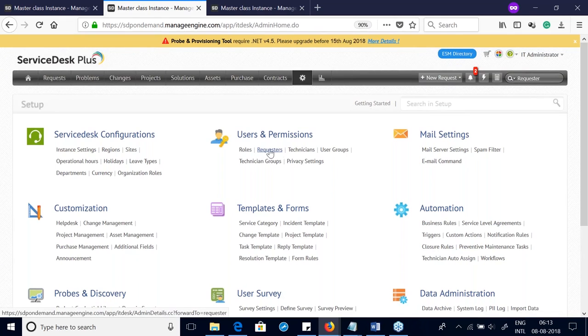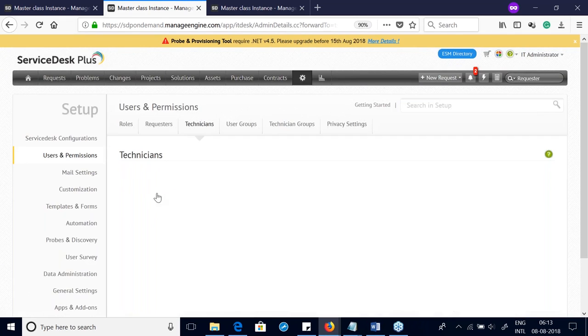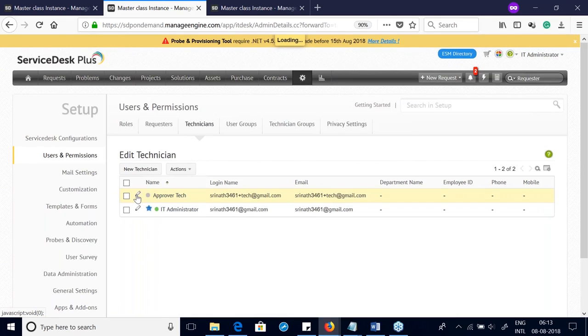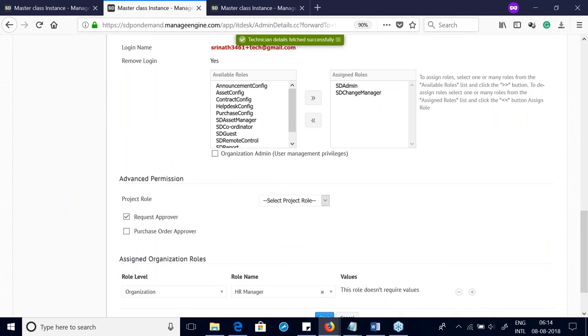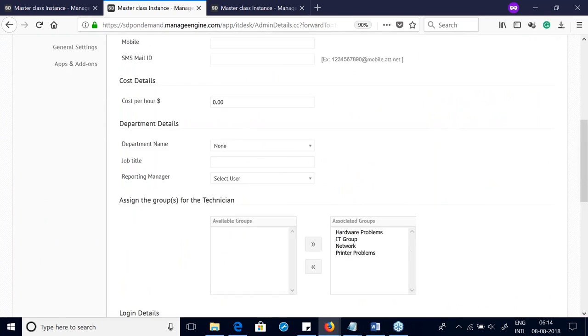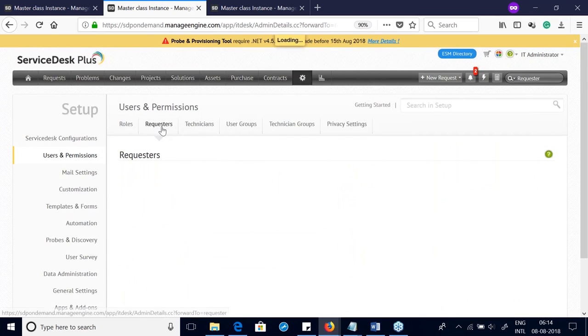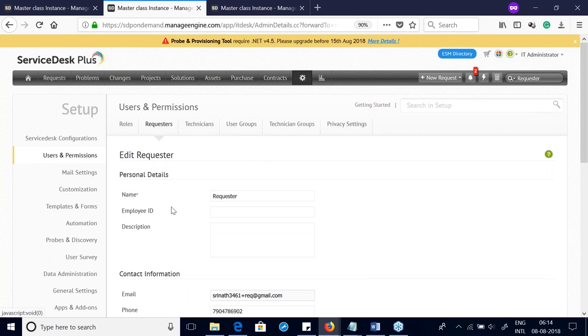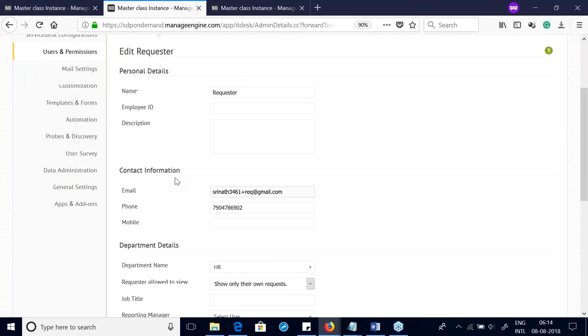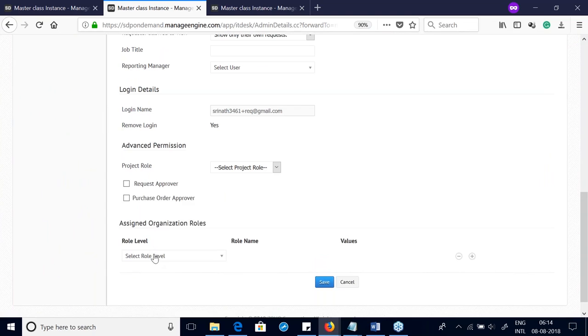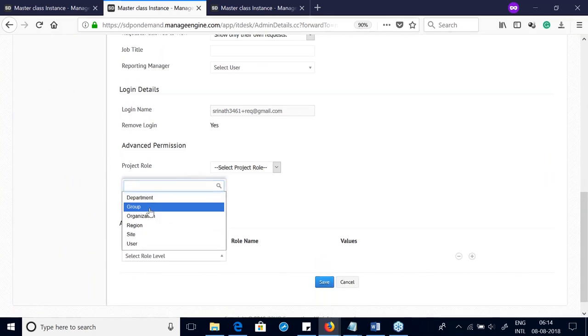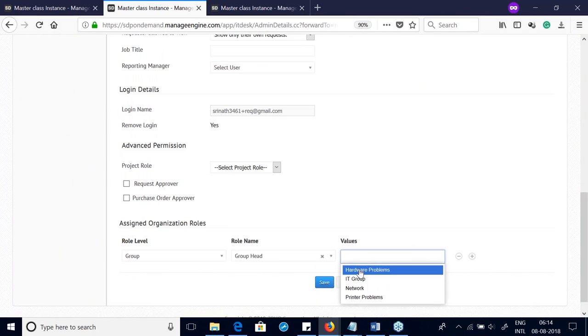Apart from this, you will have an option to define the approvers as well. So when you go to the technician, you have two approvers that can be enabled for a particular requester. You can mark a technician as a request approver and a purchase order approver as well. So apart from the technician, a requester can also be an approver. For example, let's take this particular requester is an organization admin, or maybe a group admin or group head for a hardware problem. I can add this and save it,